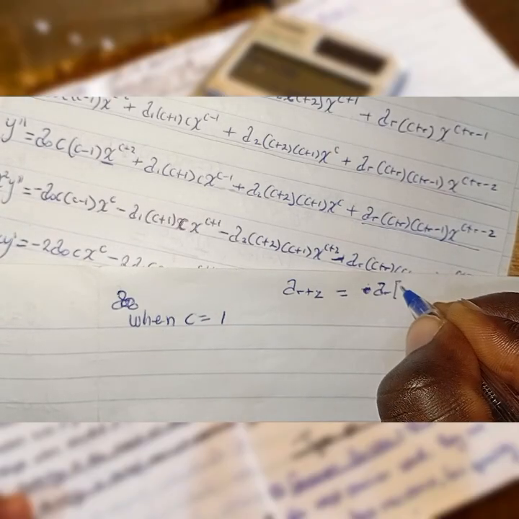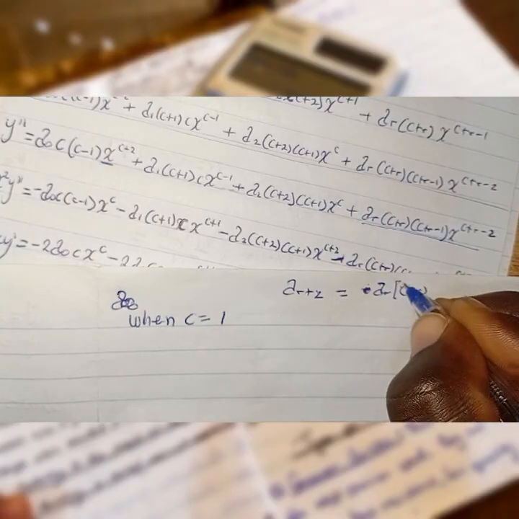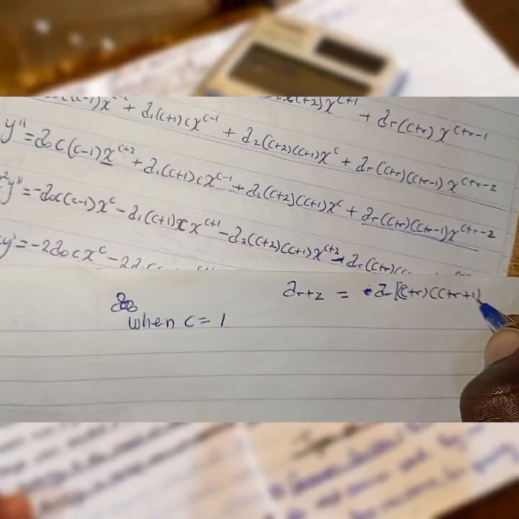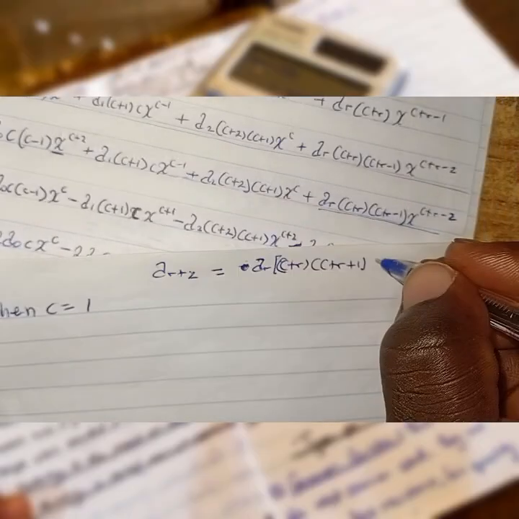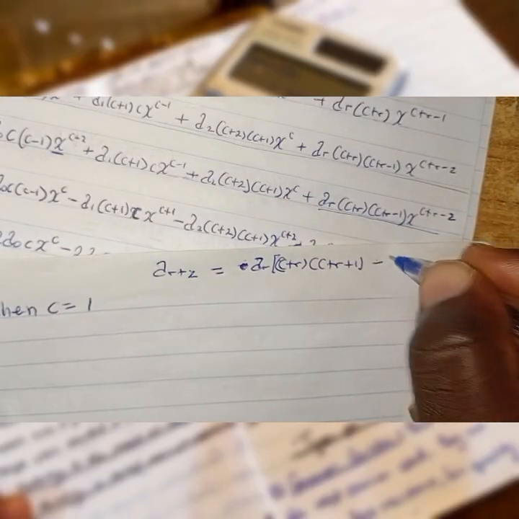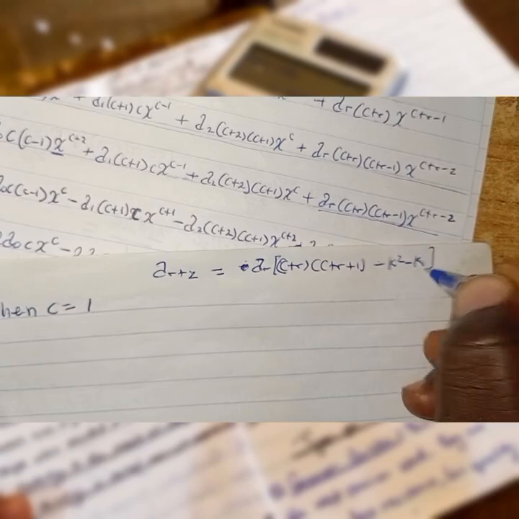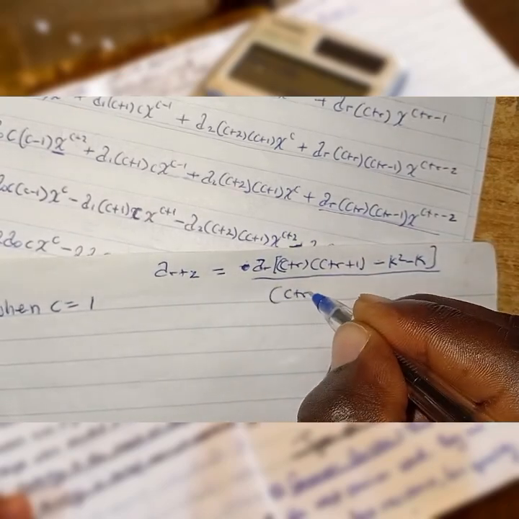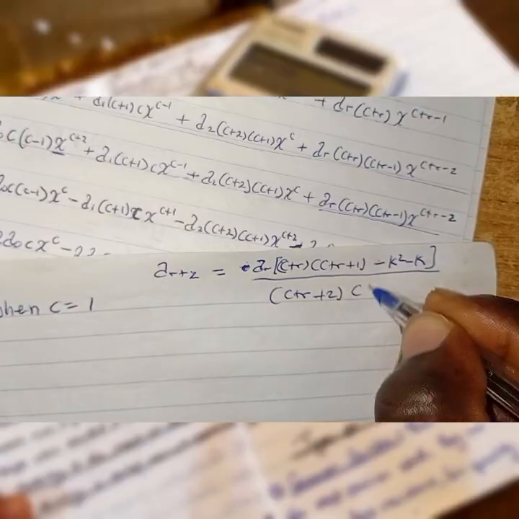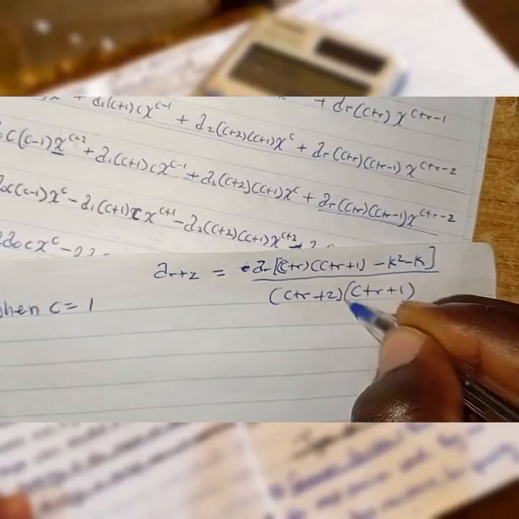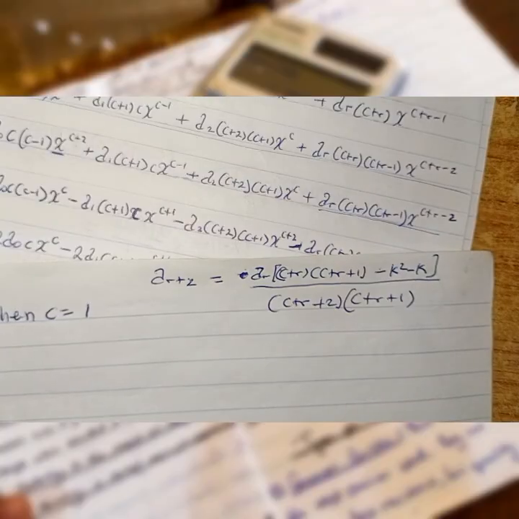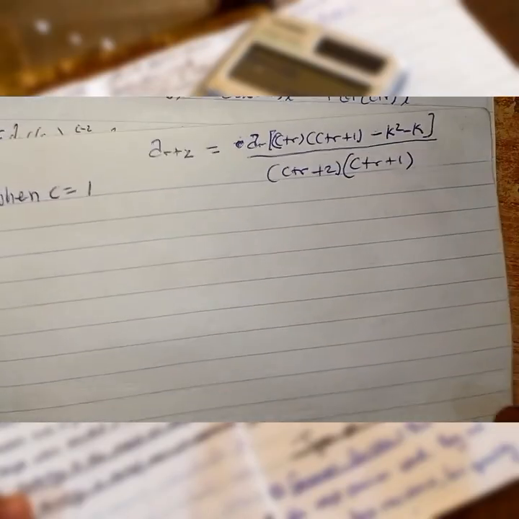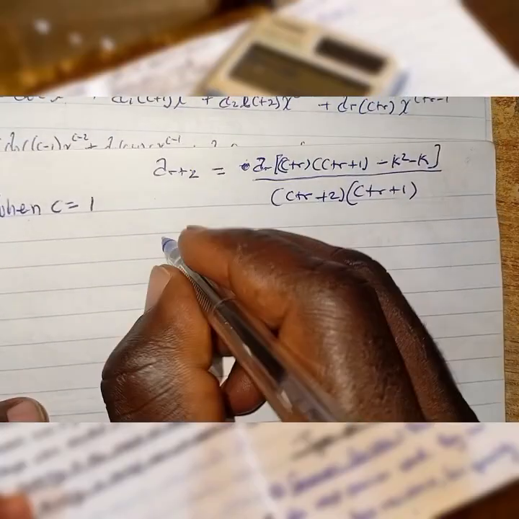Okay, F(C+R) = (C+R)(C+R+1)... minus K squared minus K all over (C+R+2)(C+R+1). This is what we have. Now, when we put in 1 into this, we have